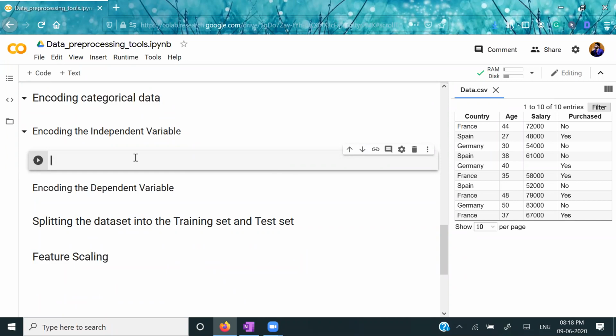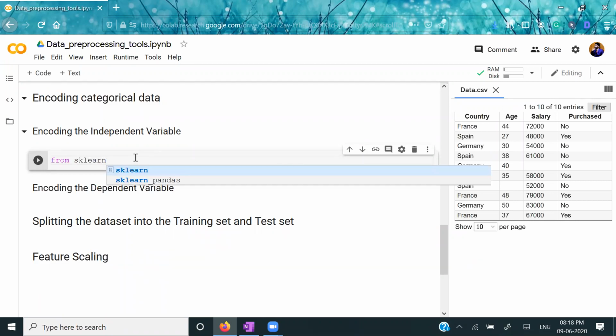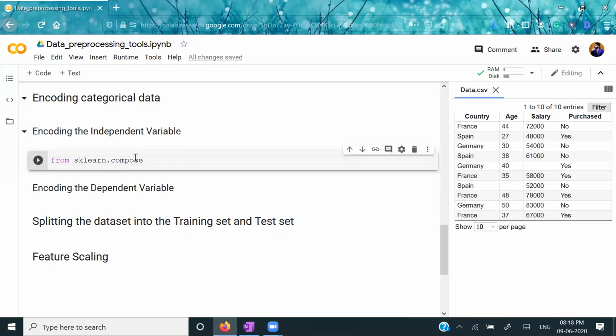I'll be using another module from scikit-learn, since I have to complete this topic: from sklearn.compose. Compose is another module from scikit-learn, generally used for doing the encoding. So I'll be importing using